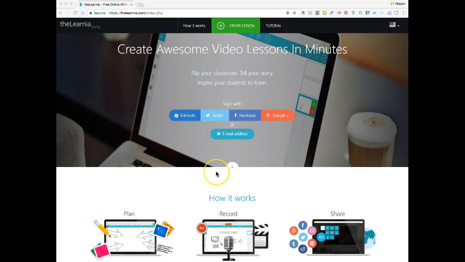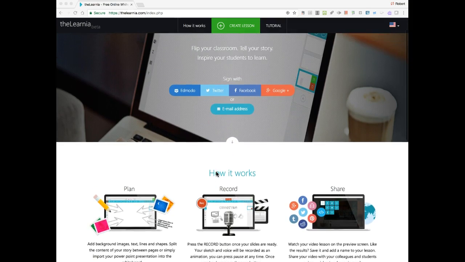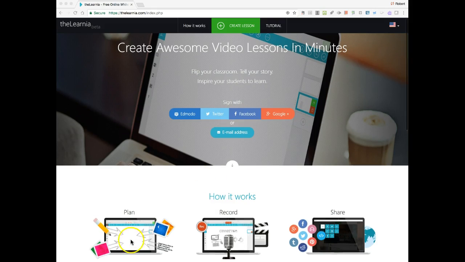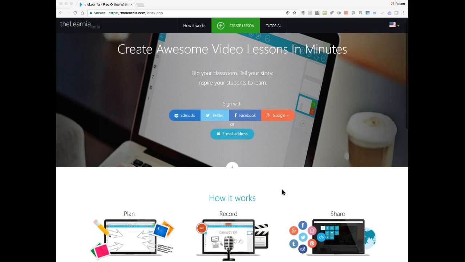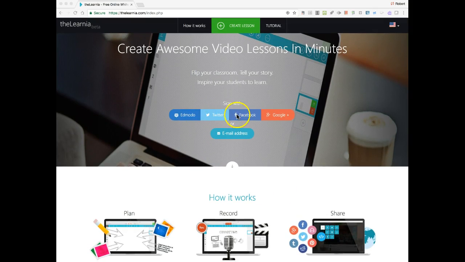So basically what you have here is a platform, and really here are the 3 steps. Plan what you want in the lesson, then you're going to record it, and then you have various ways to share it. So before you get started, you have to create an account,